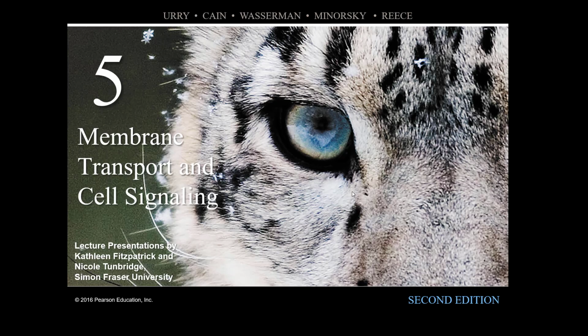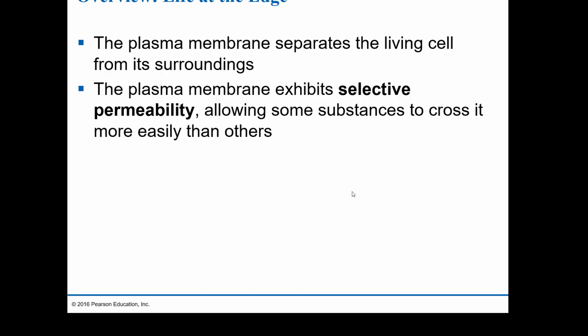Chapter 5 in the Campbell Biology in Focus book covers membrane transport and cell signaling. So we hopefully understand now that our cells are enclosed or covered in a plasma membrane that separates that cell from its surroundings. So acids, bases, toxins, and other things are protected from what's inside of the cell by that